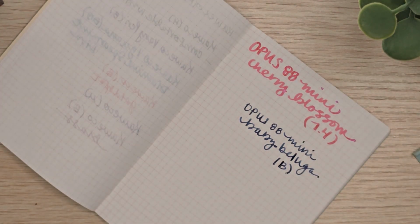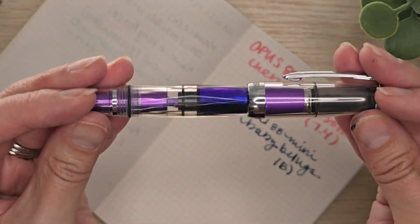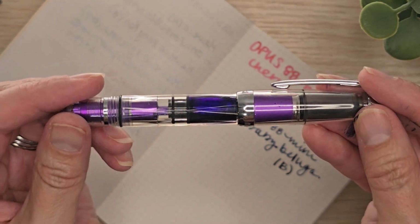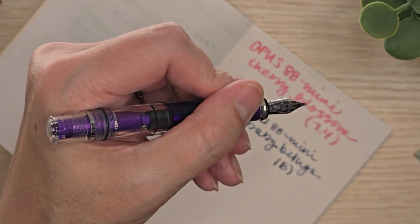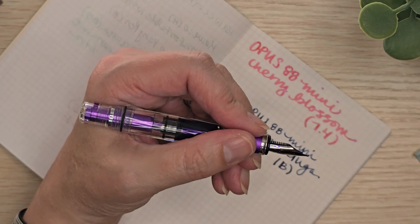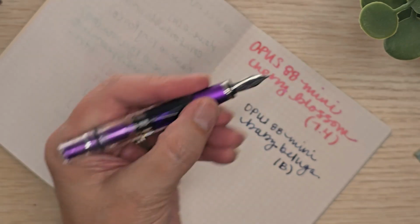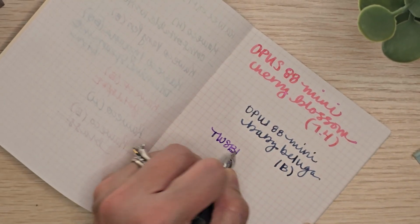This pen, the TWSBI 580 AL Mini, and I don't know, my husband says he doesn't think this is really a pocket pen, but to me it's pretty small, and when I take the cap off and I don't post it, I feel like it kind of fits like the Kaweco's. So I consider this a pocket pen, but it's pretty. I love the purple grip. And I've got a broad nib on this,